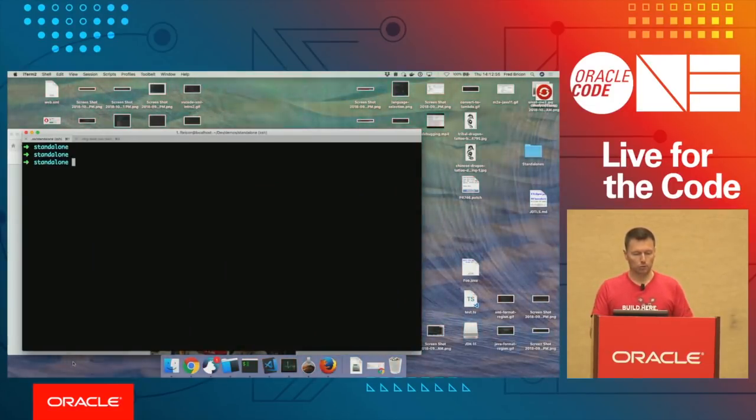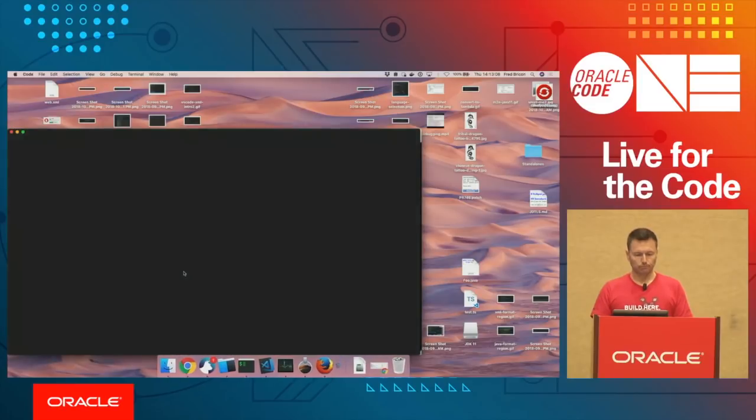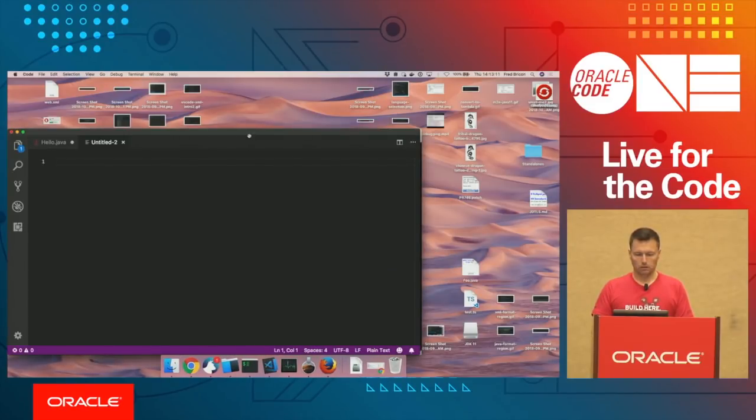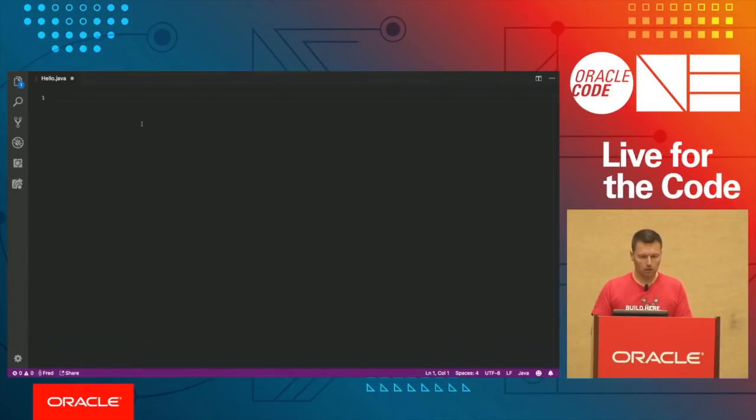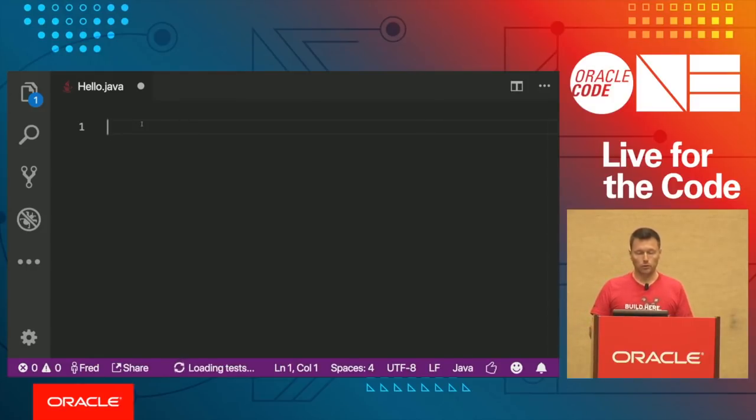So I'm going to jump into the command line and create a brand new Hello.java file. Oops. All right, so I'm going to make it full screen. All right, can you see? All right, so I got a new Java file. Right now, there's no Java support. I need to save the file